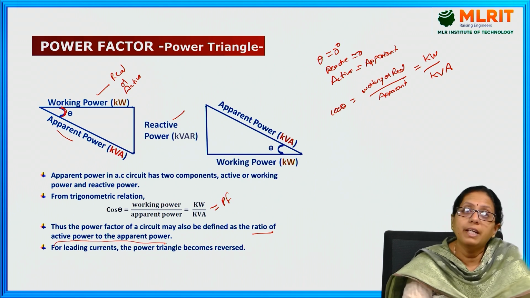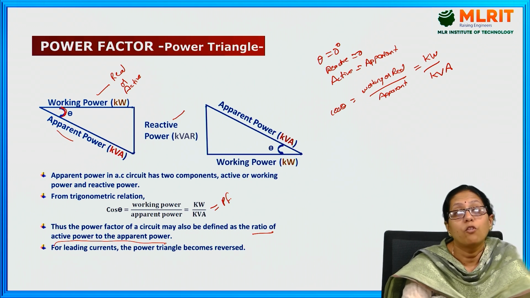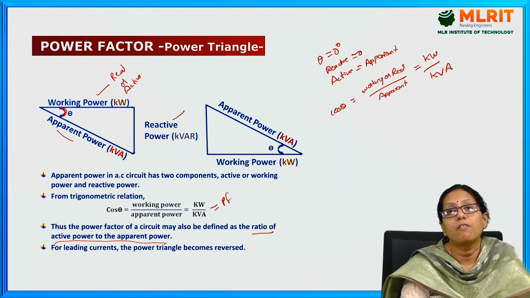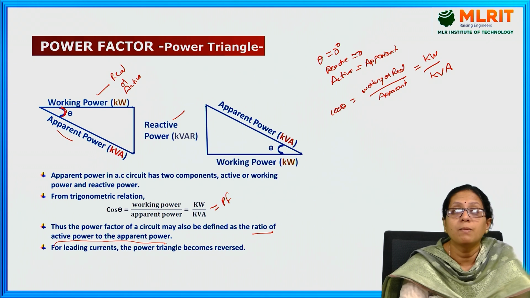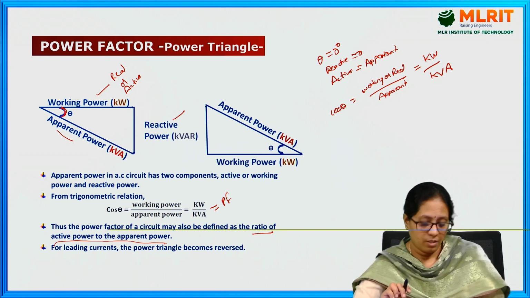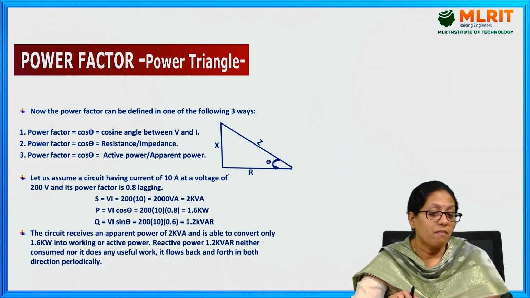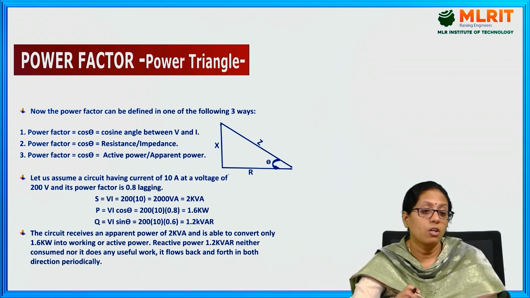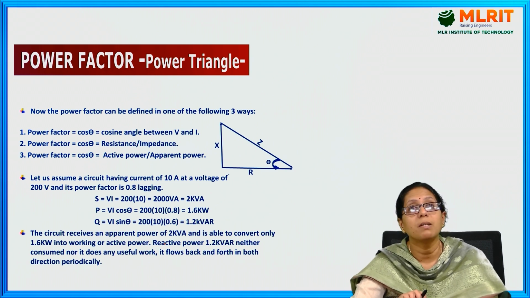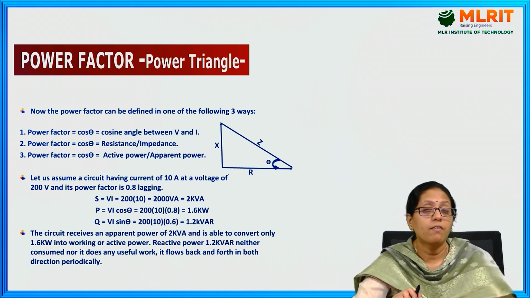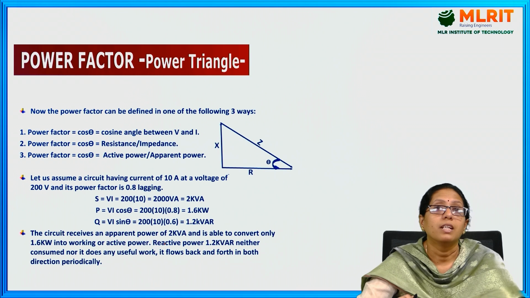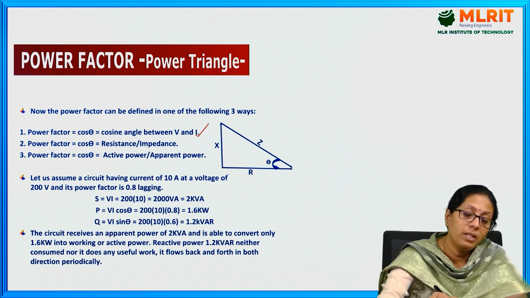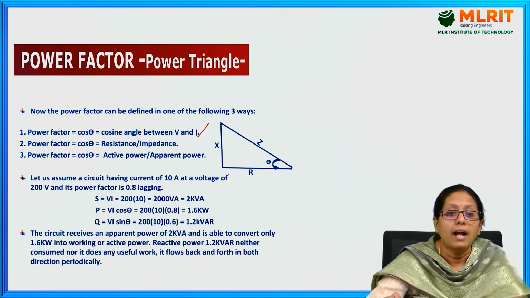For leading currents, the power triangle becomes reversed. Okay. So, power factor or power triangle. Here you can see the power triangle. The power factor is equal to cos theta, that is cosine of the angle between the voltage and current, and one